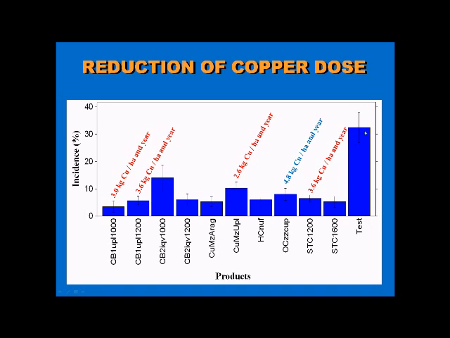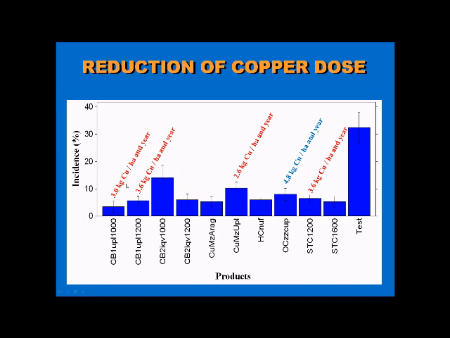We can see that the control showed a high incidence of the disease. We applied this treatment with copper oxychloride applied at 4.8 kg of copper per hectare and year, and we can see that we achieved the same result, with no significant difference, with other products applied at 3.6 or